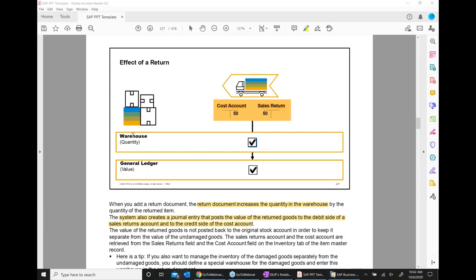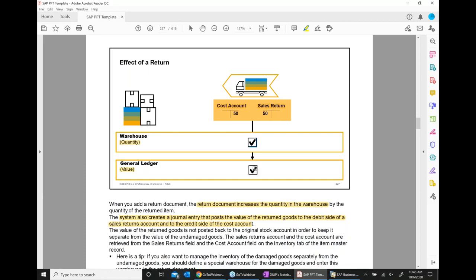First and foremost, you see that for quantity, there is a check mark, yes. Remember in the last class also we talked about general ledger. So for general ledger value, that is also a check mark. So we have 2 check marks. Now what do these 2 check marks basically mean?